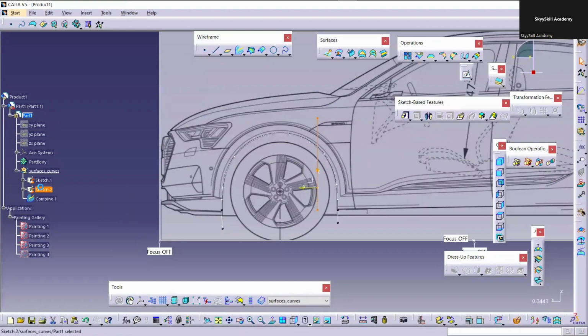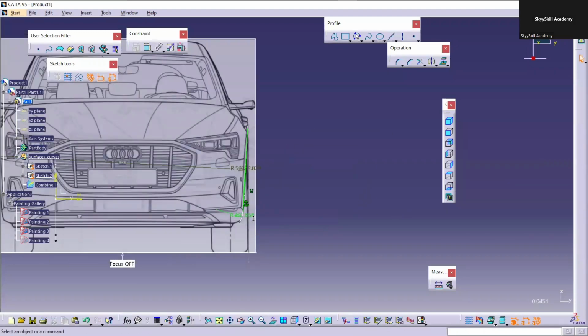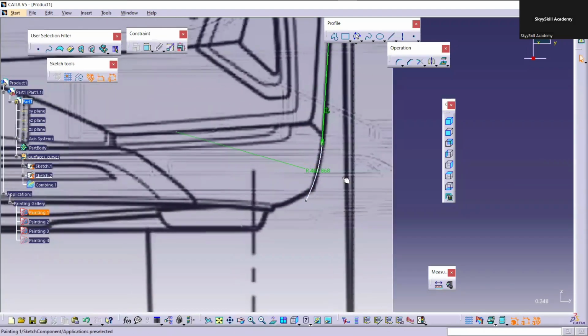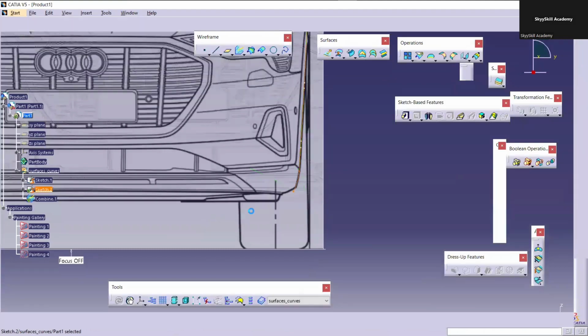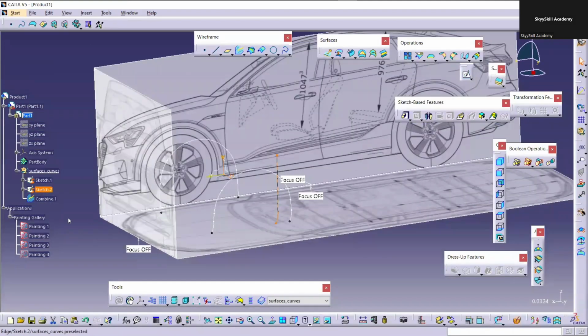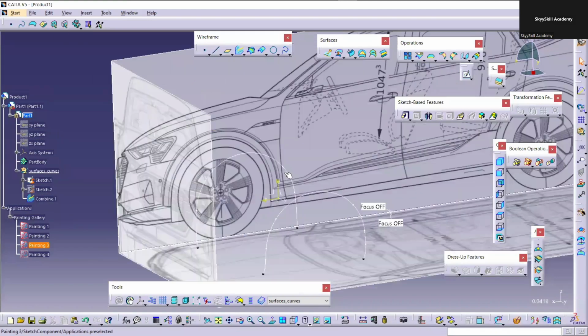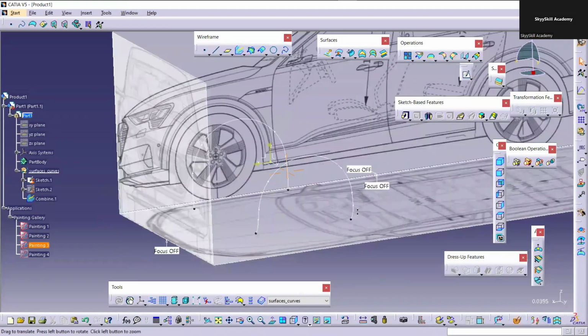So I'll go to the sketch 2. I'll just extend it to this one a little bit more. So I have extended the top one. I'll extend this one. Okay. So now exit. Okay. So I can see now